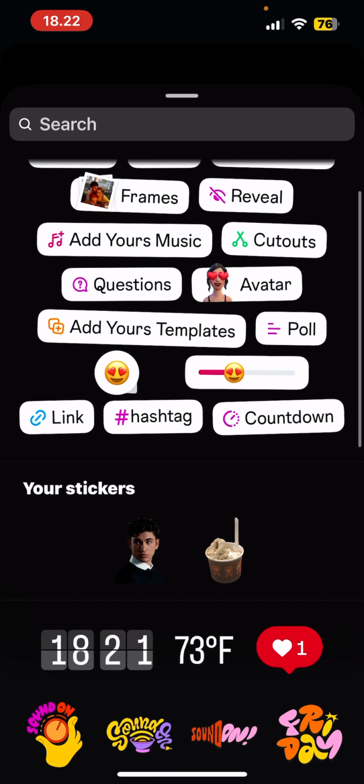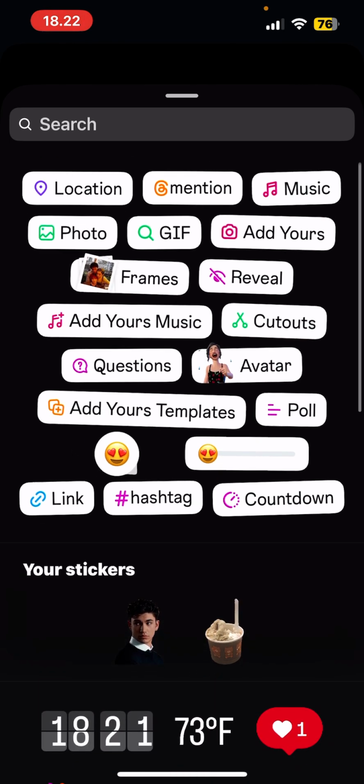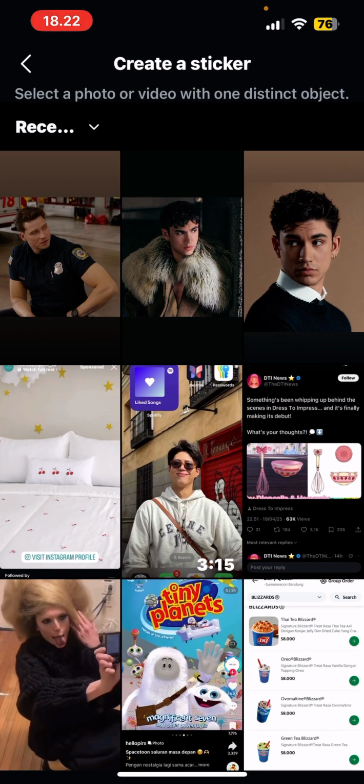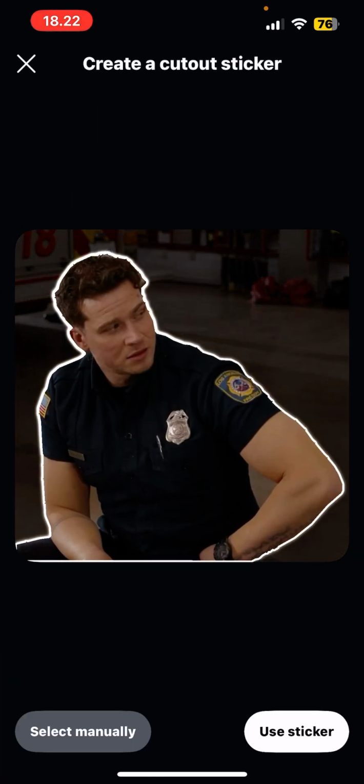As you can see, there's already my stickers that I've made in the past here. But to create a new one, select cutouts. It's going to open your gallery and you're going to select a picture, and it's going to basically outline your picture. You can also select it manually, but I suggest having a clear picture, and it's going to automatically select the object, the person, whatever it is. Use sticker,